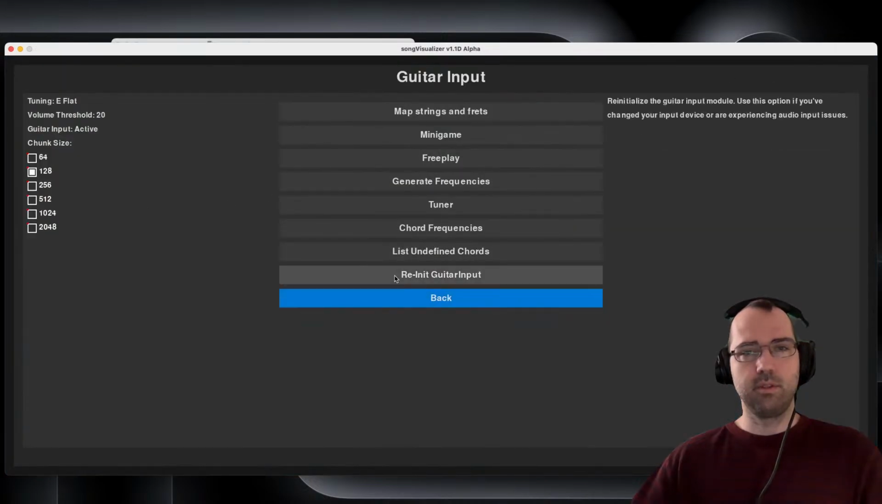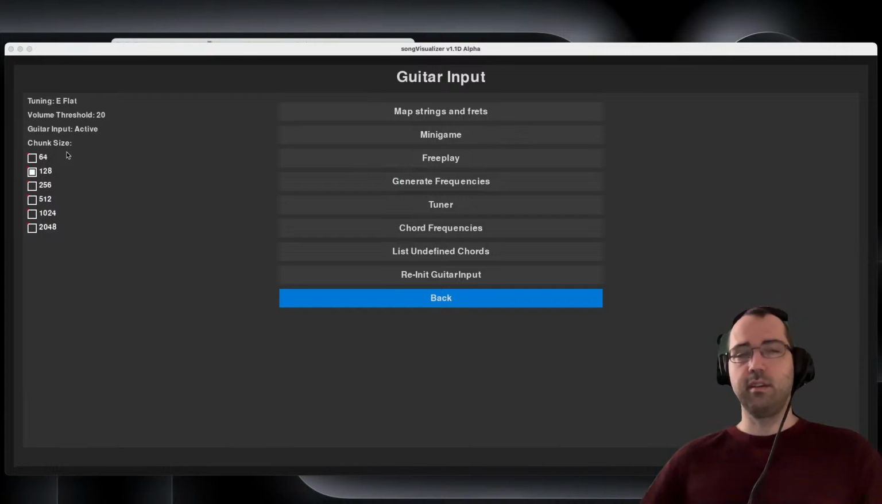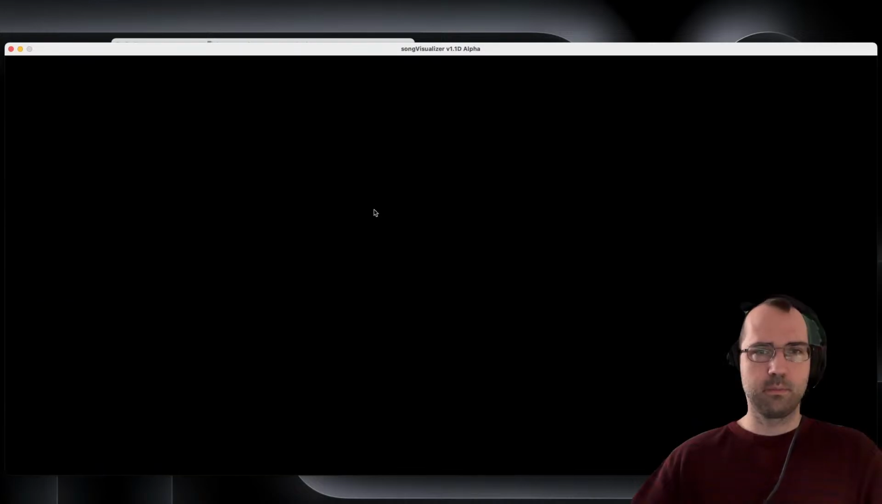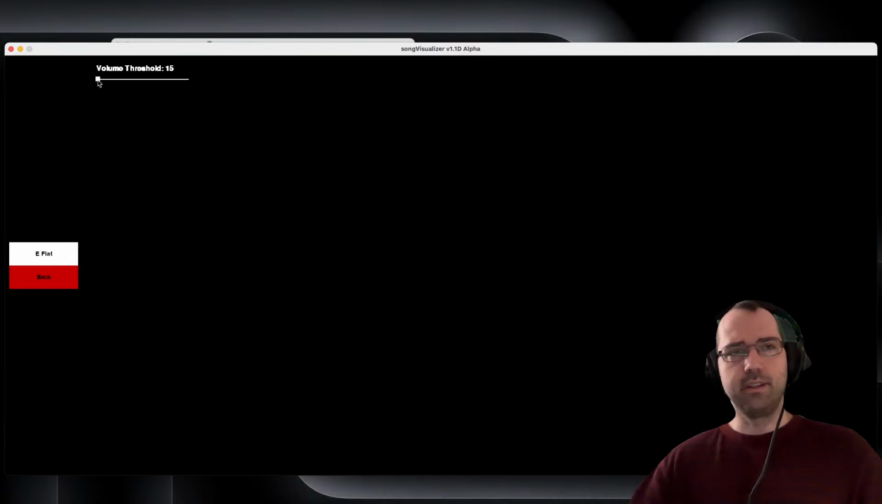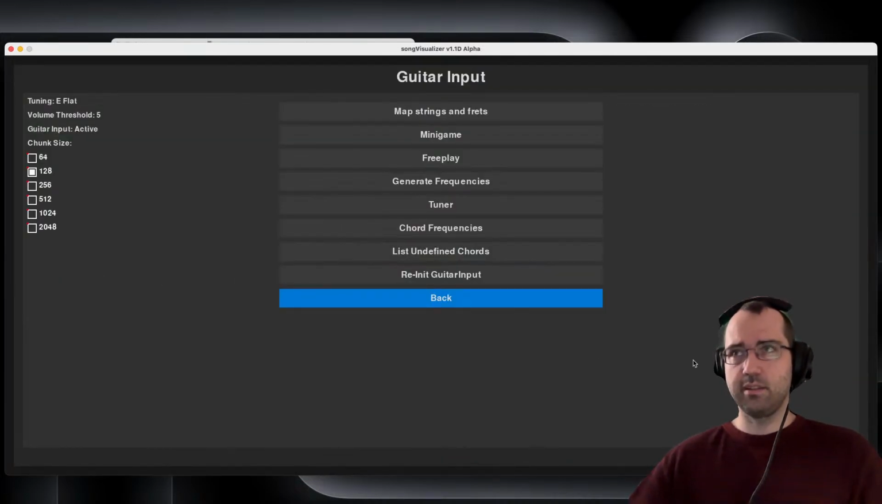Yeah, there we go. Reunit. Chunk size, less latency. Oh, the volume threshold's too high. I'm not going to pluck this guitar string, so you're not going to see anything here. But I changed the pitch detection. Still real time, but I changed it